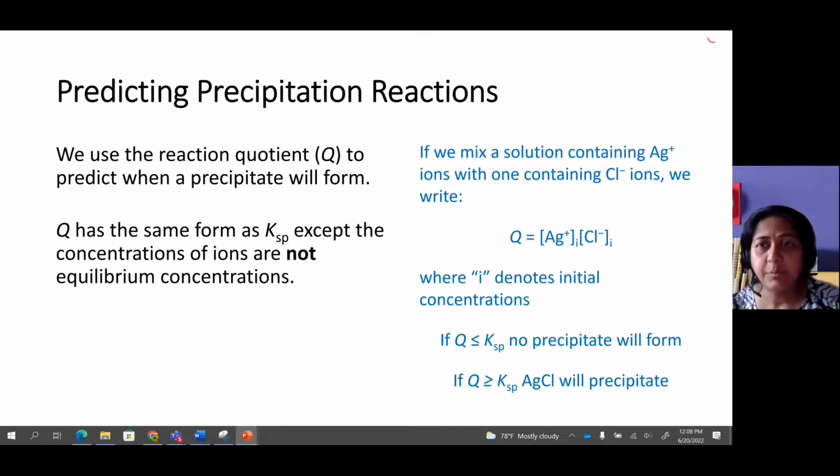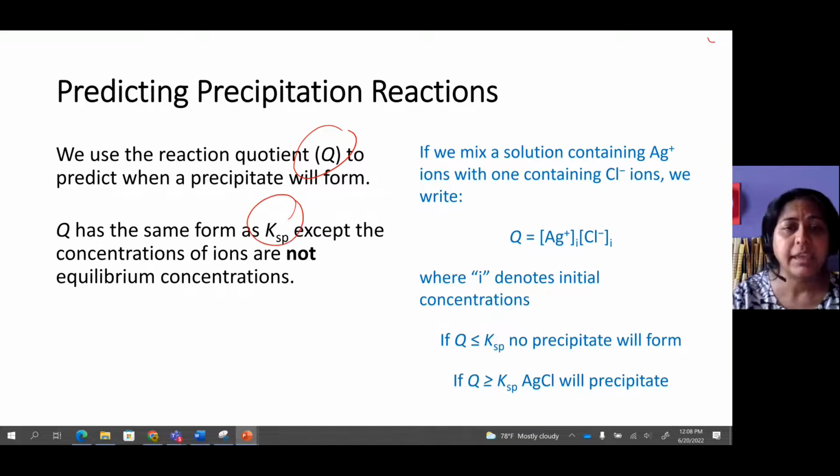Let's see how we can predict whether a reaction is going to produce a precipitate. We decide that by comparing the Q value, the reaction quotient, with its Ksp. The expression for Q and Ksp are the same, but